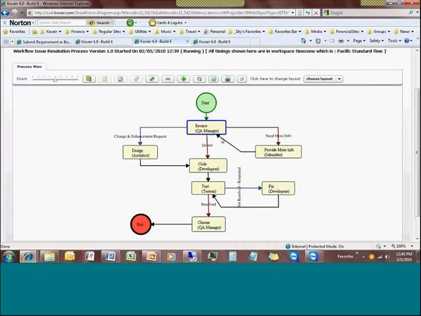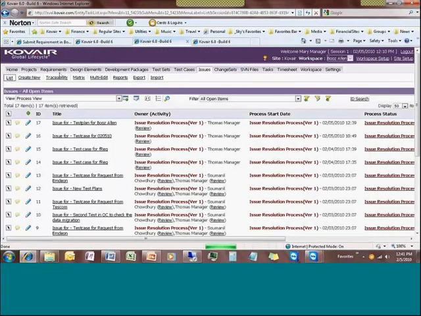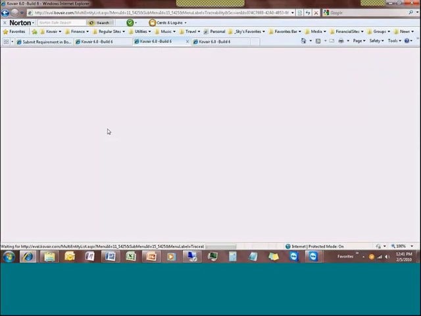This is the process for the issue as it is going through, and it is a different process. We have seen actually 4 different processes. We have seen the customer requirement process, we have seen the functional requirement process, we have seen the test case process, and this is the issues process. For every different entity, you can create one or more multiple processes. Okay, so let me cancel that and go back to that traceability view once again, because now you'll be able to see actually